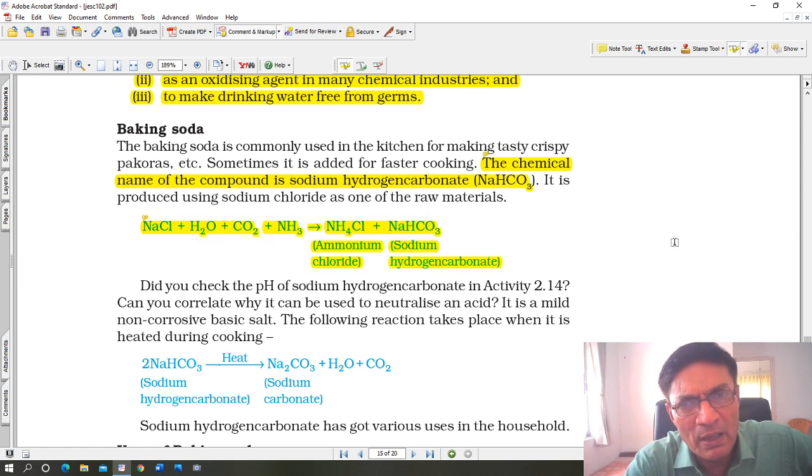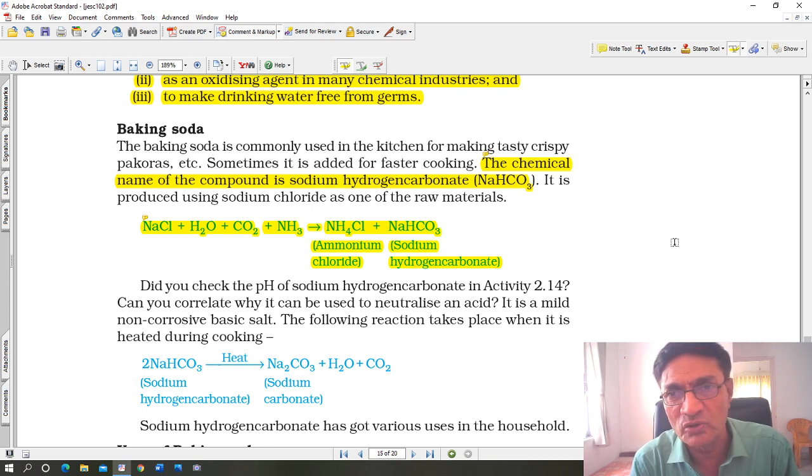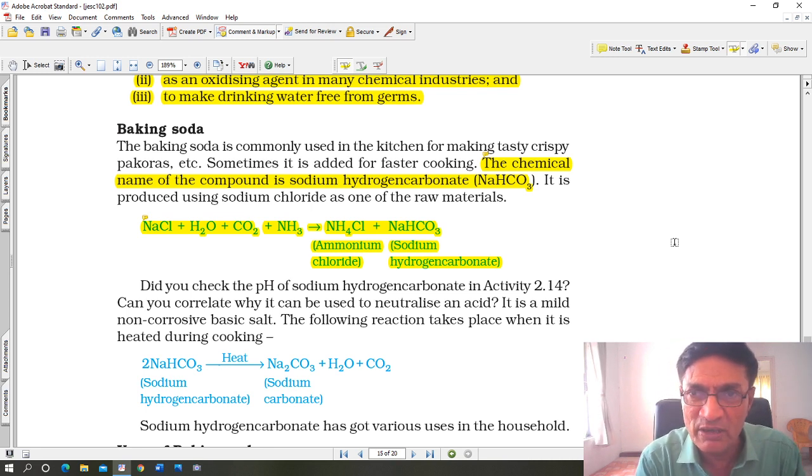Okay, this chemistry में अगर chemical reactions नहीं आएगा तो क्या आएगा? Obviously chemical reactions ही आएंगे, and you have to learn thousands of them. As I said, always learn common reactions. Common reactions help you to understand chemistry better. You can't learn thousands and thousands of reactions. If you learn, common general reactions are most important in chemistry. So sodium chloride reacts with water and carbon dioxide and ammonia to give NH4Cl, ammonium chloride, plus NaHCO3 or baking soda, sodium hydrogen carbonate.